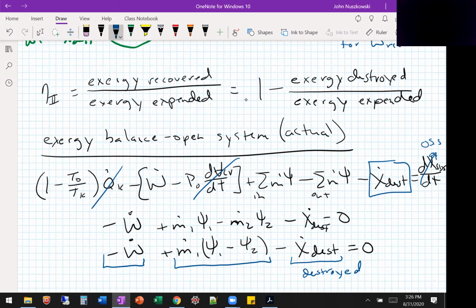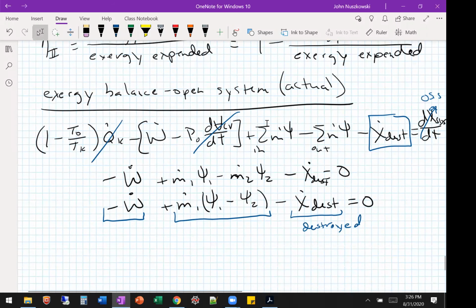Work and then the mass flow rate is recovered. So you're saying the mass flow rate's recovered, this one, the flow exergy, and work is the expended? Unless I'm wrong. Then you'll say the opposite. No, it's correct. The work is expended, or kind of the supplied, because you're putting work in, okay? And this is recovered